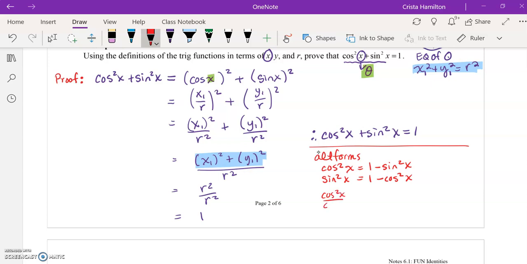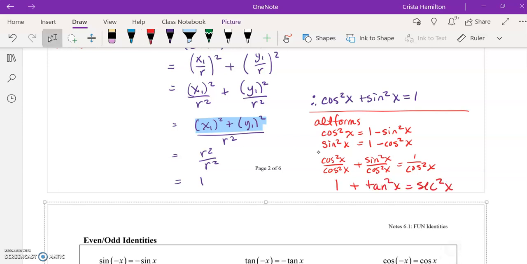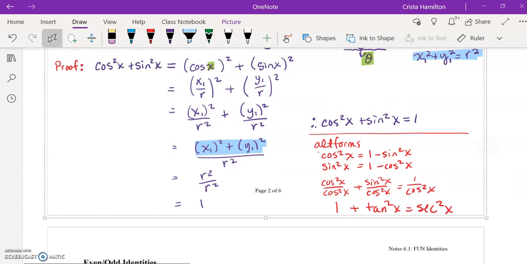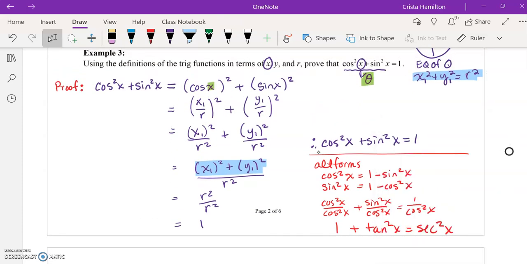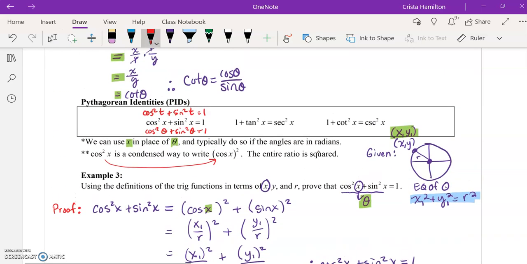Cosine squared x over cosine squared x plus sine squared x over cosine squared x equals 1 over cosine squared x, and then simplify to 1 plus sine over cosine, which is tangent squared x, equals secant squared x. And so you see that what I basically got there through my manipulation is the other Pythagorean identity, 1 plus tangent squared x equals secant squared x, right here. So this is not a different identity, it's just algebraically equivalent to cosine squared plus sine squared equals 1. And same for the other